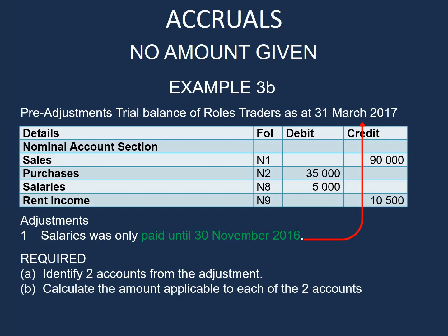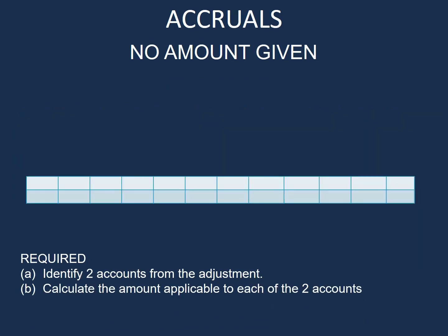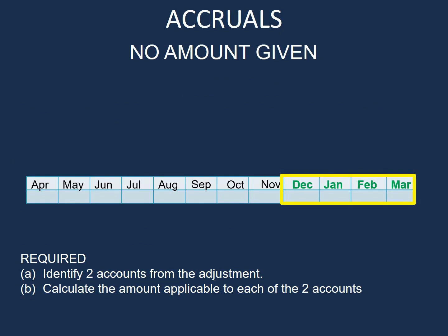After that, we need to calculate the amount applicable to each of the two accounts. So let's have a look at our payment schedule again. As we can see, we did not pay from December until March, which is for 4 months. So we need to calculate the amount per month. We do that by taking the amount paid divided by the months that we paid. We paid $5,000 over 8 months, so the monthly payment will be